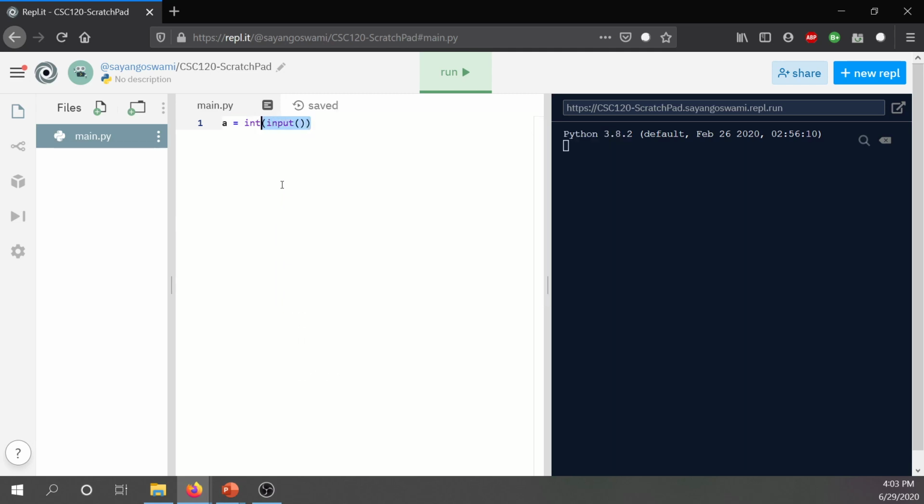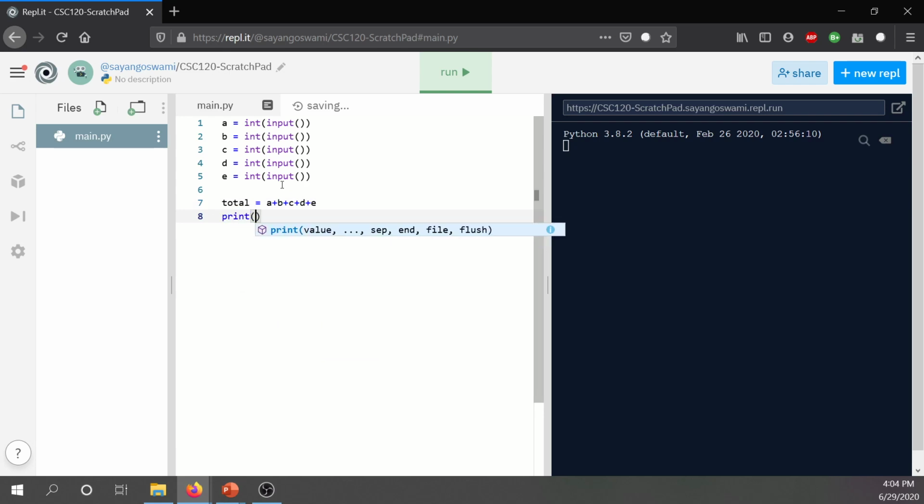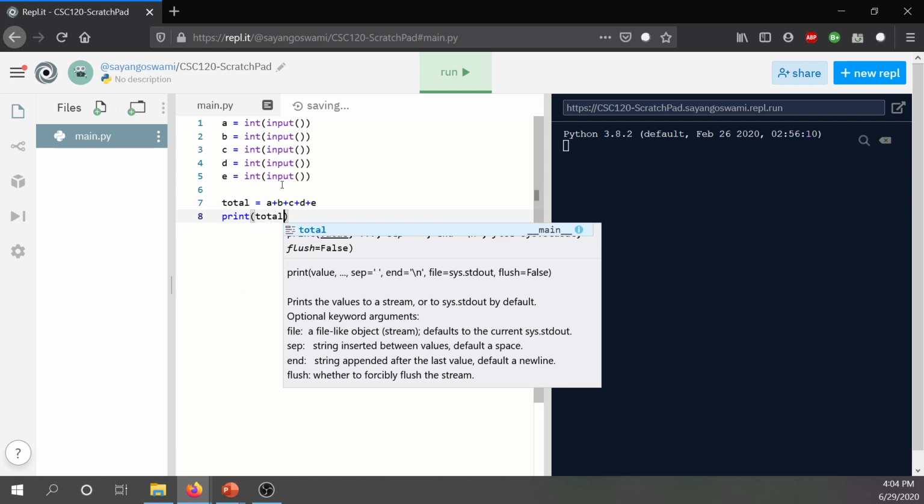And then we can essentially copy this code and paste it. So b equals int input, and c equals int input, d equals int input, e equals int input, right? And then we can have a variable called total equals a plus b plus c plus d plus e, right? And then we print total. Okay, so when we run this code,